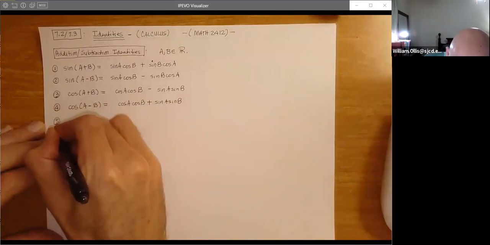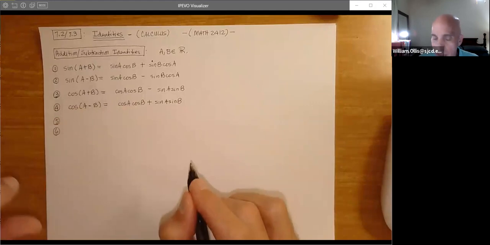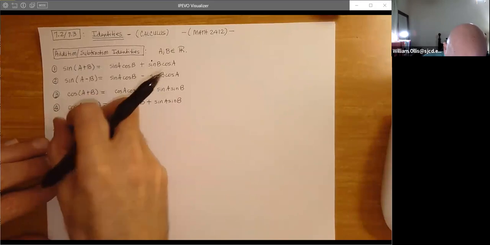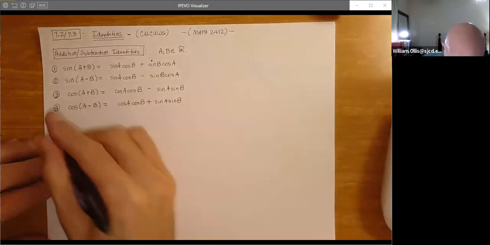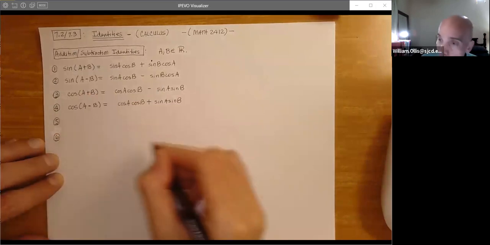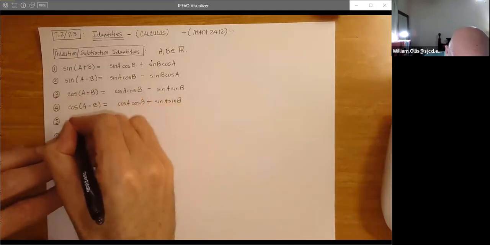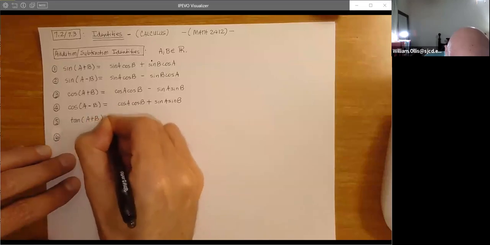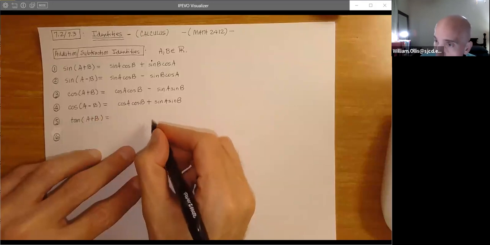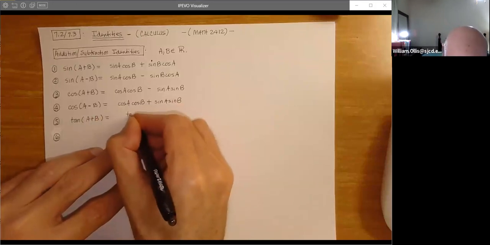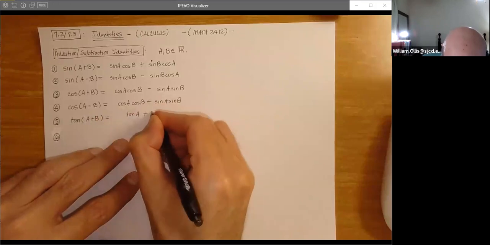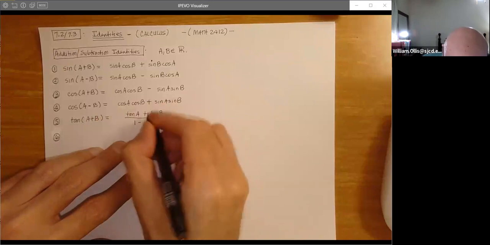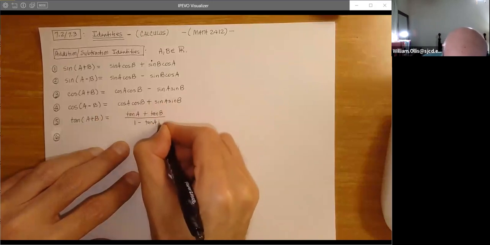Now, the fifth and sixth ones, and I'm sorry, these are for the tangent, and unfortunately, they don't get as much time in the mathematics, and it doesn't mean that they're unimportant. It's just that 1 through 4 get most of our attention. So when we think of the tangent of a sum, we get a very user-friendly formula in the form of a quotient. That is, we get tangent A plus tangent B, and then 1 minus the product of tangent A, tangent B.